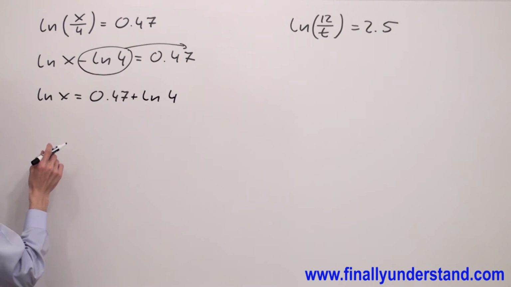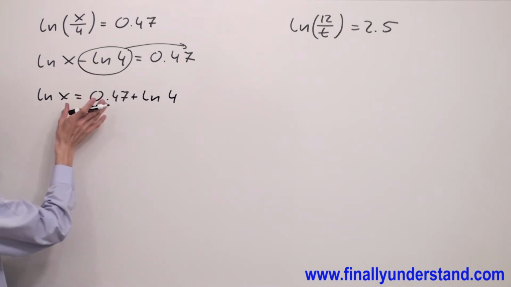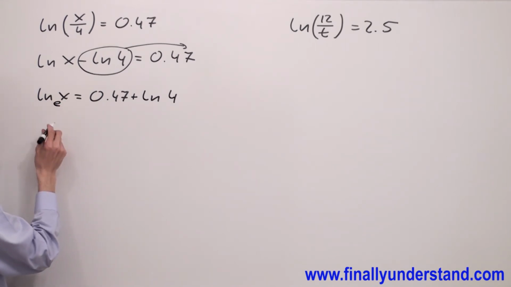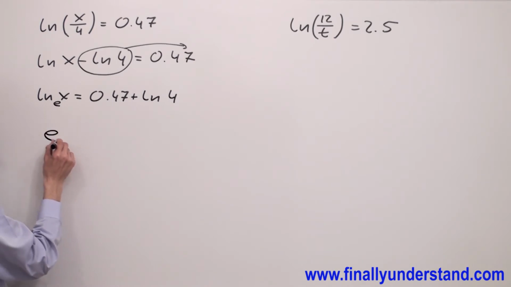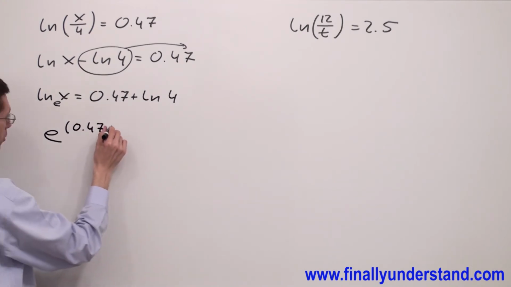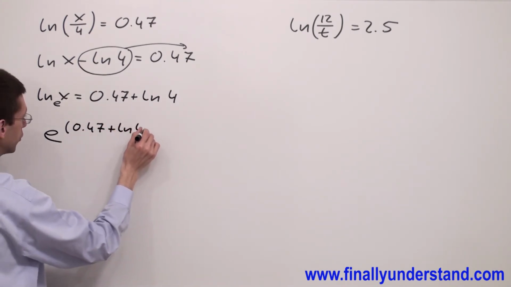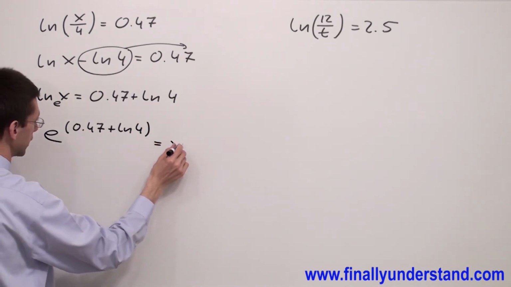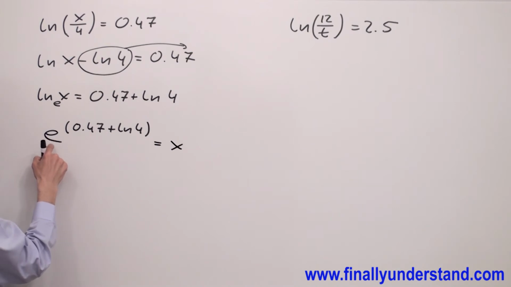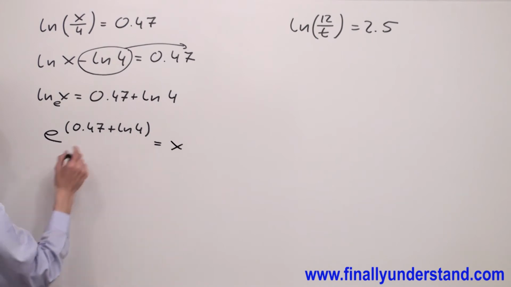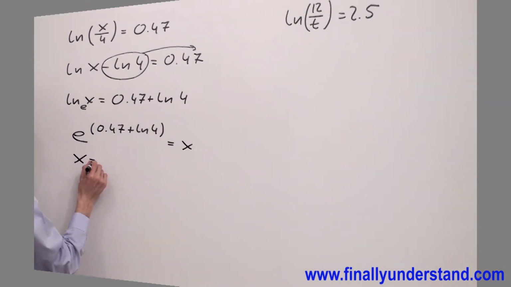Next, I'm going to convert the logarithmic form to the exponential. Please keep in mind that next to the natural log we have always base e. So I'm going to write this problem as e to the power of 0.47 plus ln 4, close parenthesis, don't forget about the parenthesis, is equal to x. If you are going to plug in e to the exponent, open parenthesis, 0.47 plus ln 4, you are going to have x equal